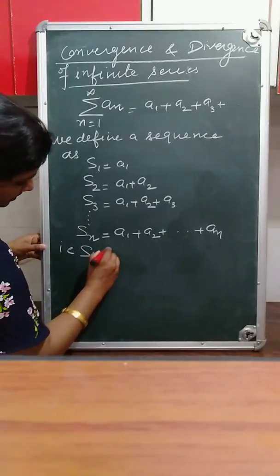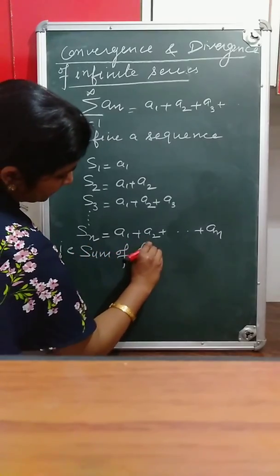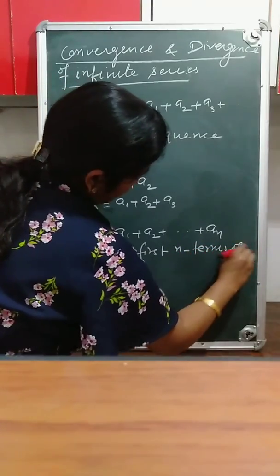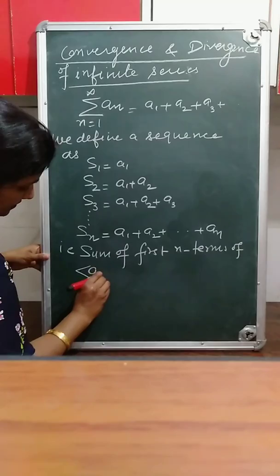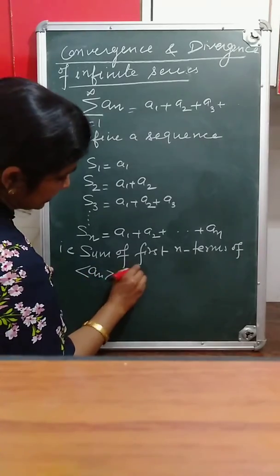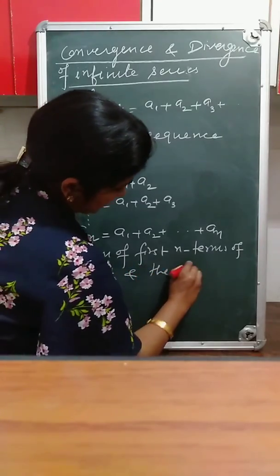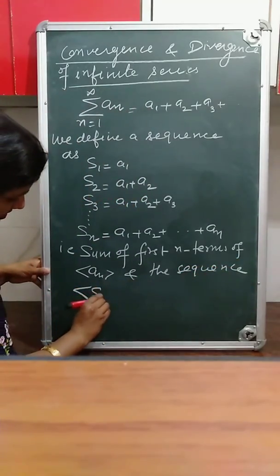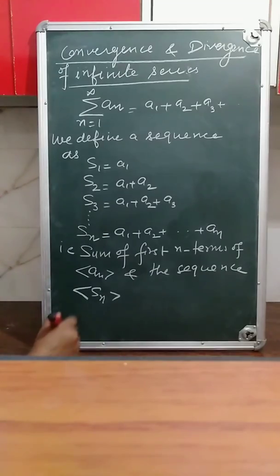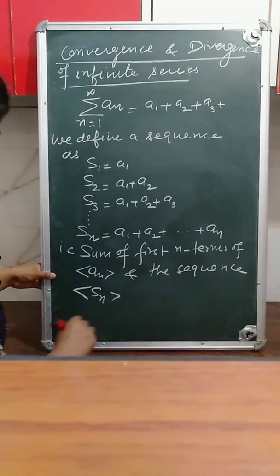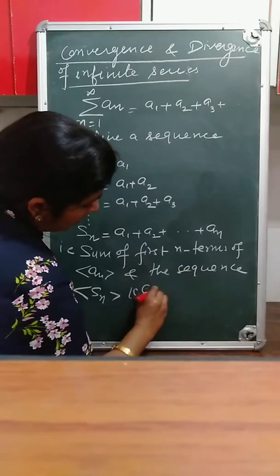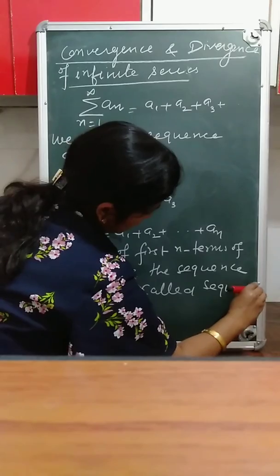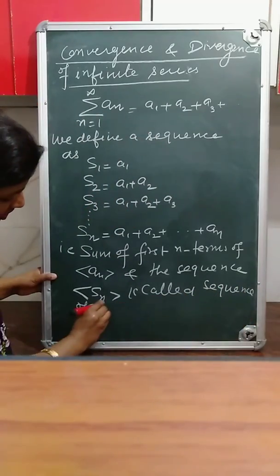the sum of the first n terms of the sequence a_n, and the sequence Sn is called the sequence of partial sums